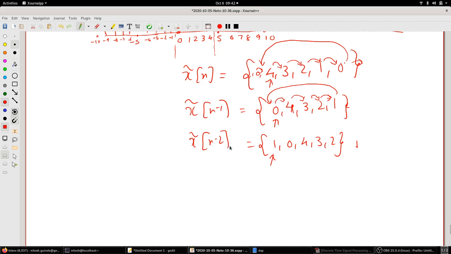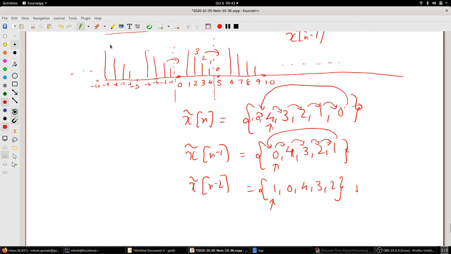So what it means is, when I am solving problems, I am interested only in one period. When I am doing this shifting for faster calculations, you don't have to visualize such a huge sequence. If I tell you to find out x tilde of n minus 6, you would have to draw all these sequences and then move them to the right by 6. That you don't have to do, you just have to concentrate on one period and then do the shifting.